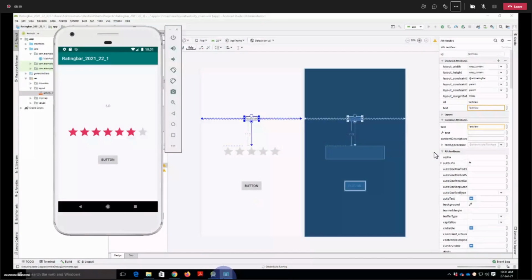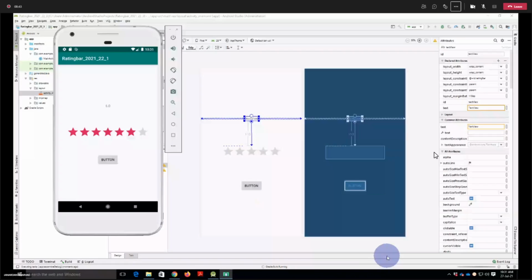Right now it's loading. As you can see here, the design is fine for me.